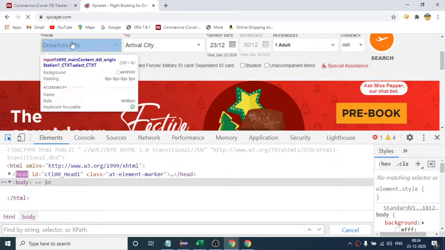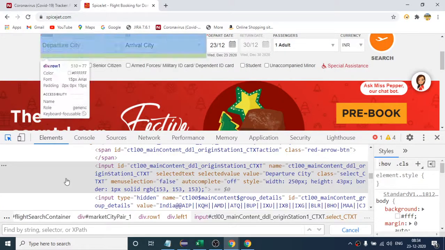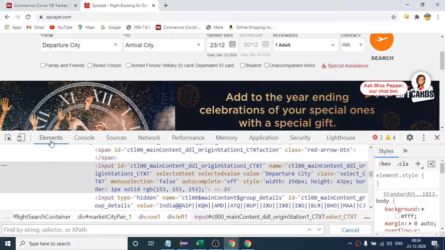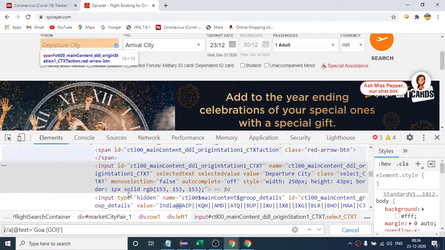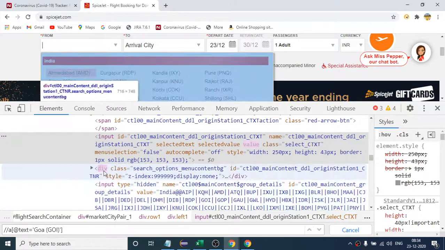As of now, if I try to see whether the XPath I have written is correct or not, it will not show me any element, because once I click this, you will see some data will load automatically. So if I click this, now this div class came.